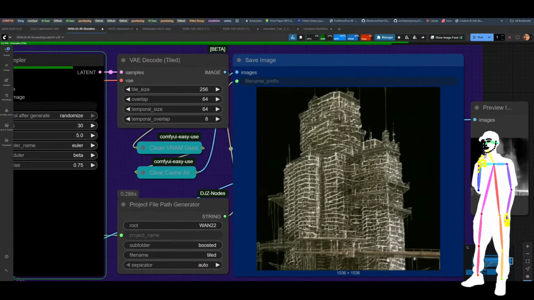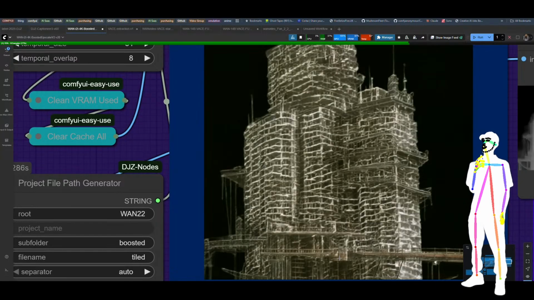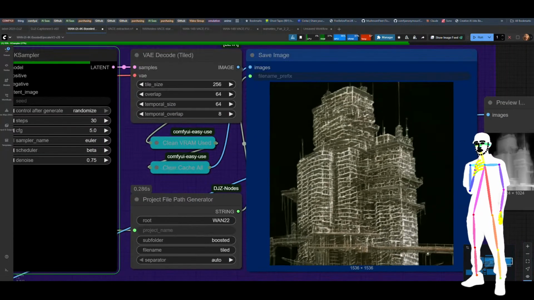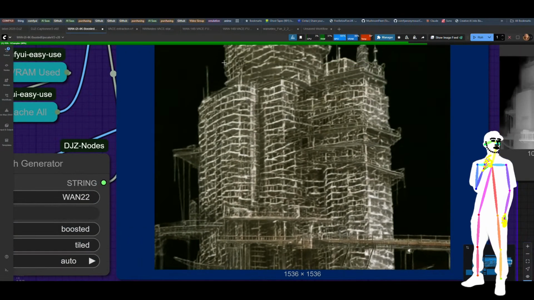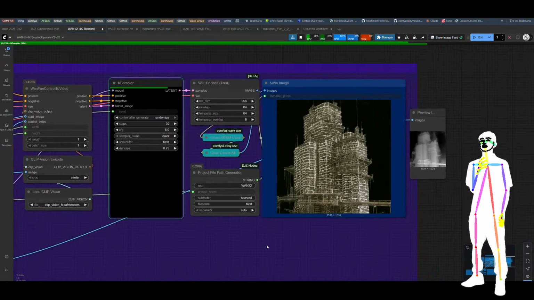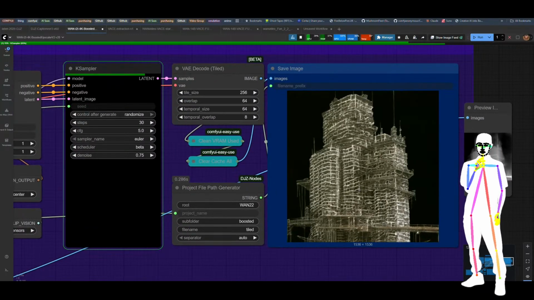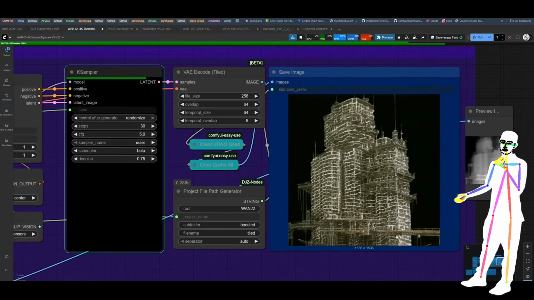Extremely underdone. I feel like I'm in the latent ghost dimension right now. All we managed to get was part of a bridge, and we've just got a ghost scaffold. It's quite funny. Well, while it's spinning its wheels,